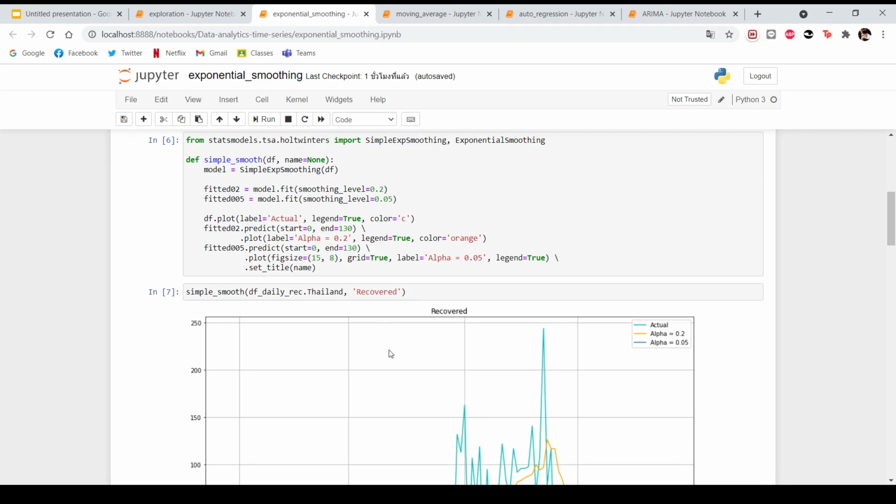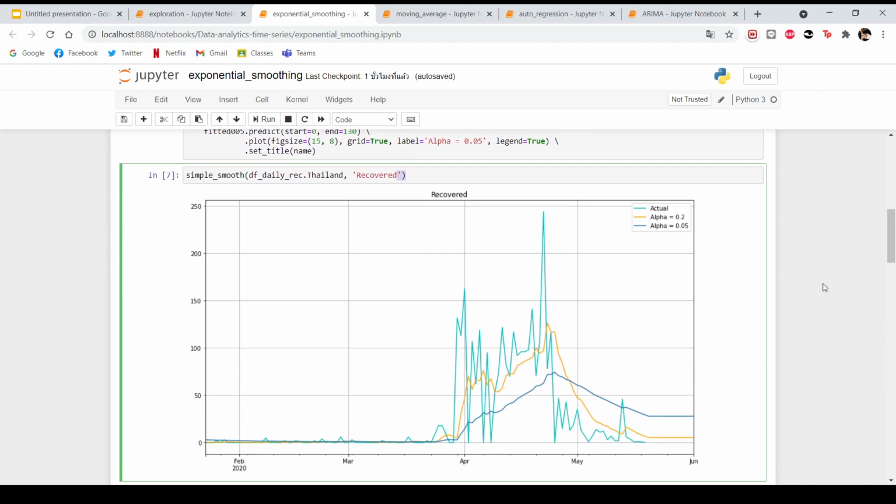And next is the exponential smoothing part. In this part, we're going to use just simple exponential smoothing and double exponential smoothing because triple exponential smoothing uses seasonality, and I don't think this data set has seasonality. Okay, so